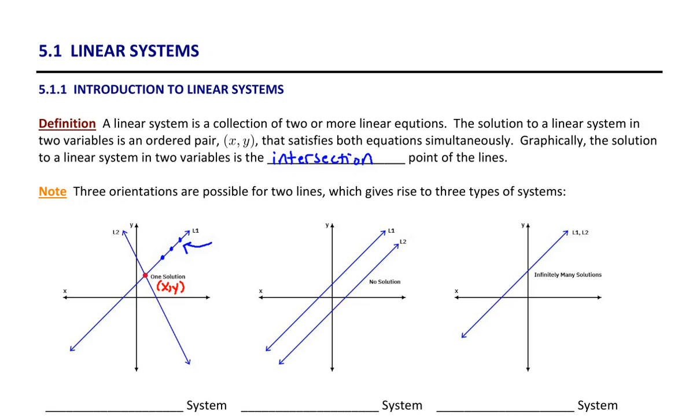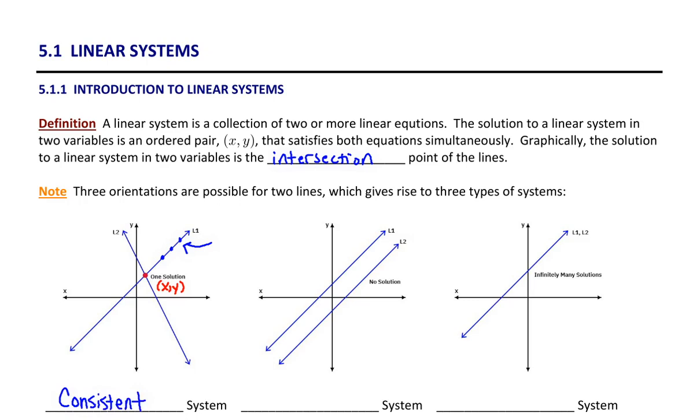Now, there's three possible orientations for two lines, and this gives us three different types of systems. The first one that we look at on the left here has two intersecting lines. Because those two lines share one point in common, we say that there's one unique solution to that system. This is what we call a consistent system. And for most of our purposes, we'll be studying consistent systems, but you want to be aware that there's other